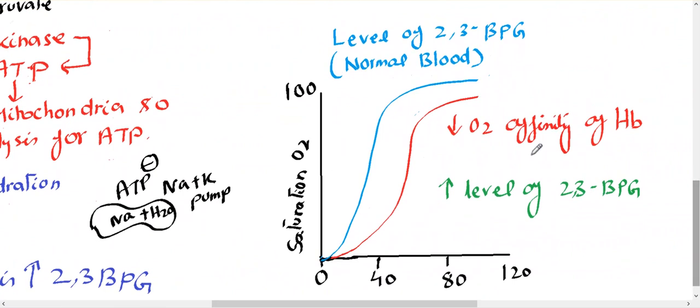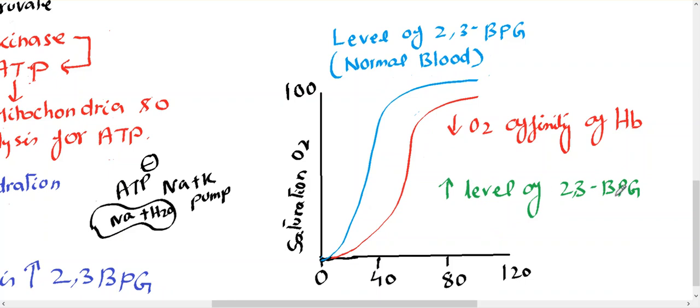So when 2,3-bisphosphoglycerate increases, now I want to explain a very high yield graph. This is the oxygen hemoglobin dissociation curve. You can see this is the y-axis and this is the x-axis here. On the y-axis you have the saturation of oxygen. And as you can see, the blue graph is the normal blood, and the red one is the